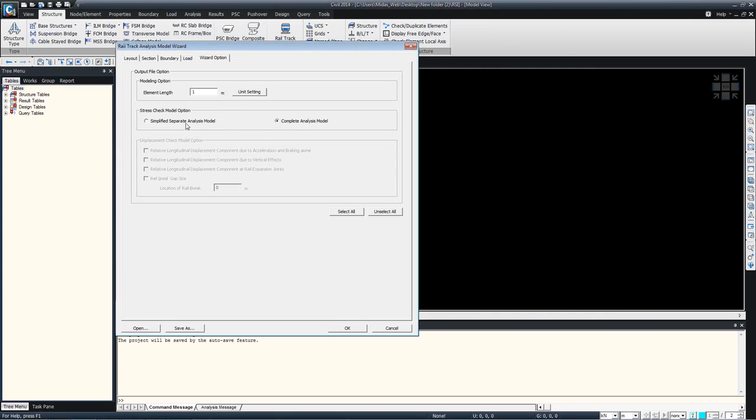Okay, so for now I will just show you the simplified analysis model. Also, to check the longitudinal displacement, the relative longitudinal displacement due to acceleration and braking or due to vertical loads. Okay, so we can consider these options also if you want to consider. Okay, so I will just show, if I just click on OK now,